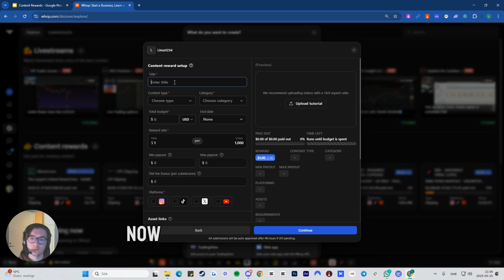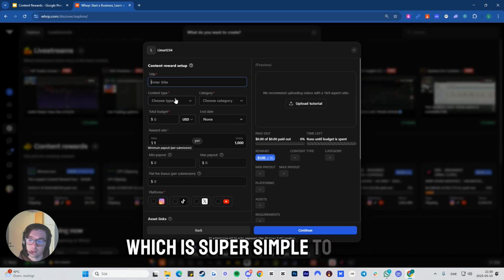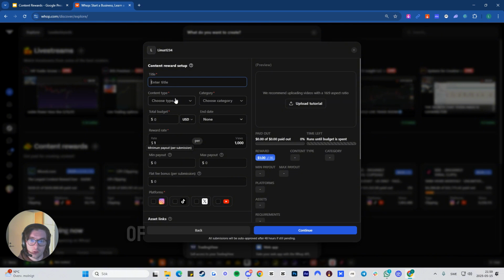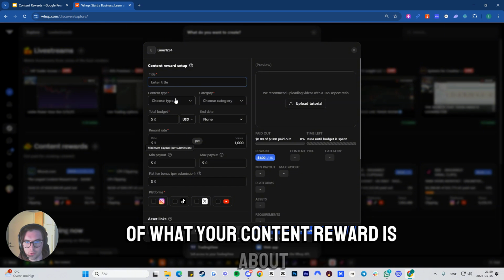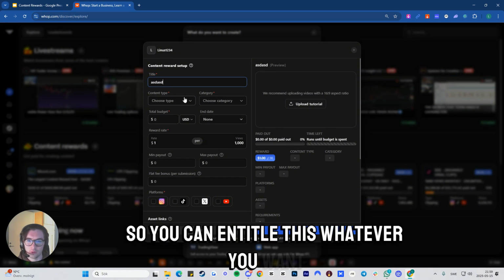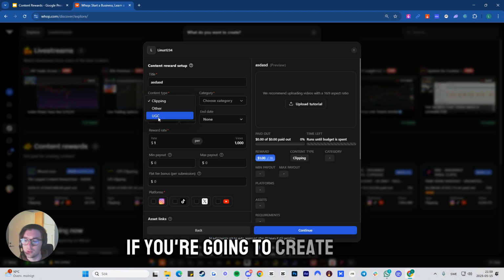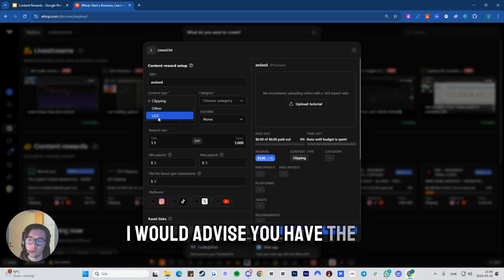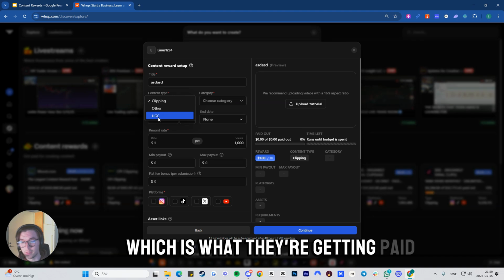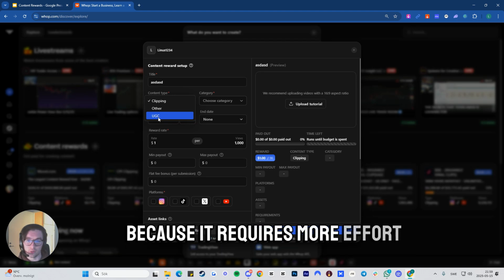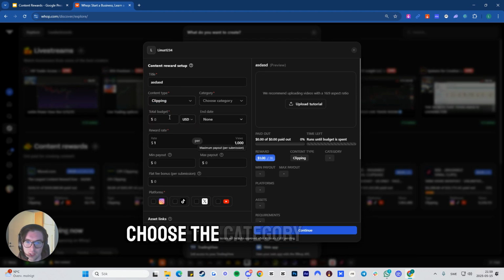Once here now, you'll fill out the information, which is super simple to do, very self-explanatory, of what your content reward is about. So you can then title this whatever you want, select the content type. Clipping is that they're repurposing your content, and UGC is that you're creating new content. If you're going to create UGC, I would advise you have the reward rate, which is what they're getting paid, a little higher because it requires more effort on their end. Choose the category, select your budget,